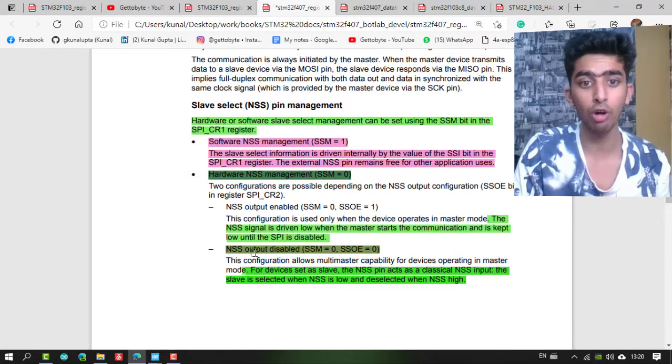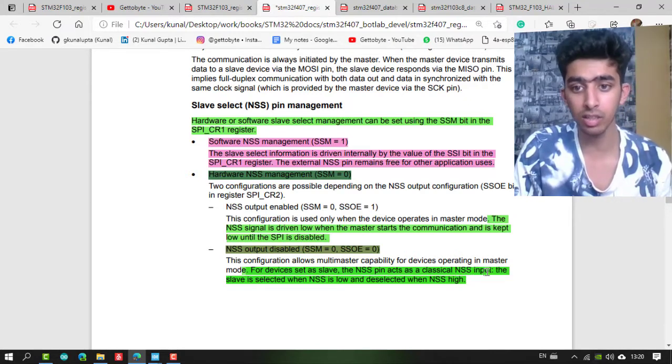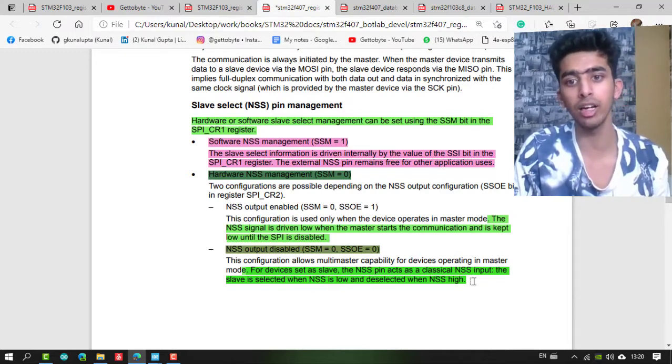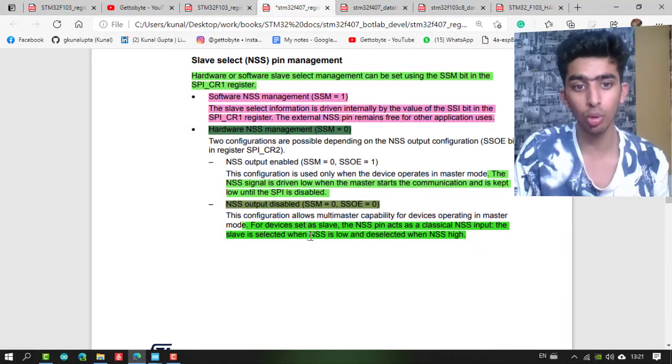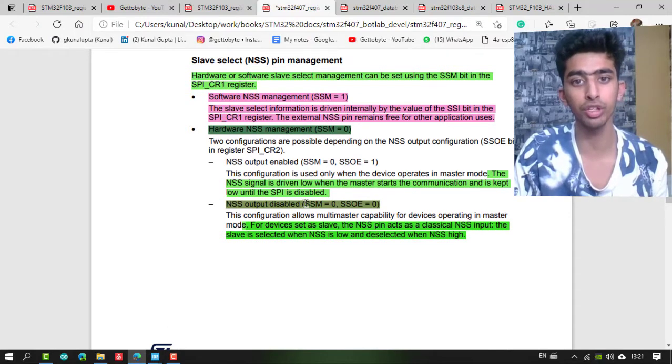Whereas in output disabled, the NSS pin acts as a classical NSS input. The slave is selected when NSS is low and deselected when NSS is high. So in our code, we are going to use this configuration only.